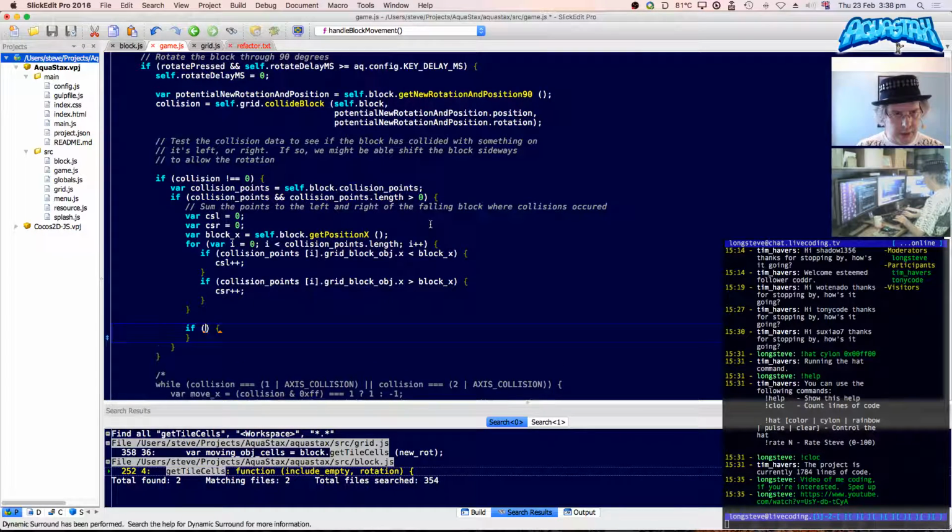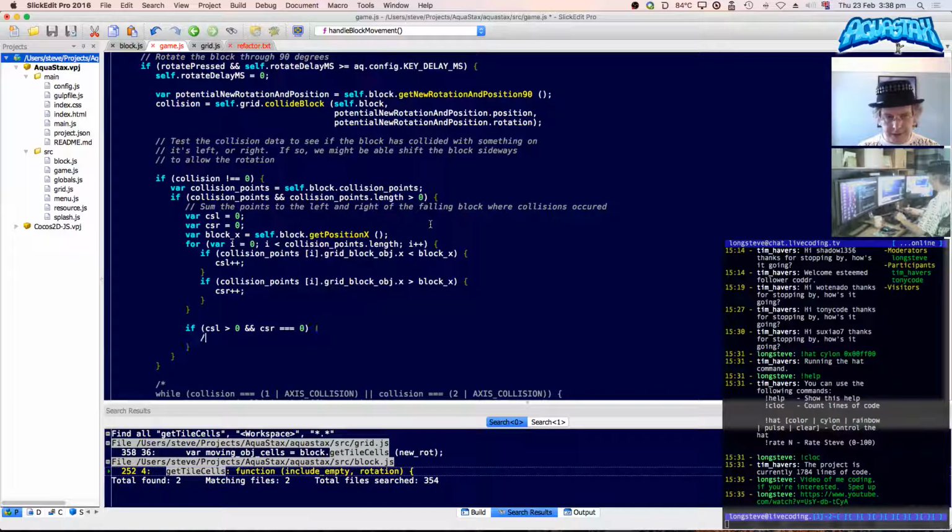So if CSL, if the collision points to the left is greater than 0, and CSR, to the right there are no collisions, then we can shift right.